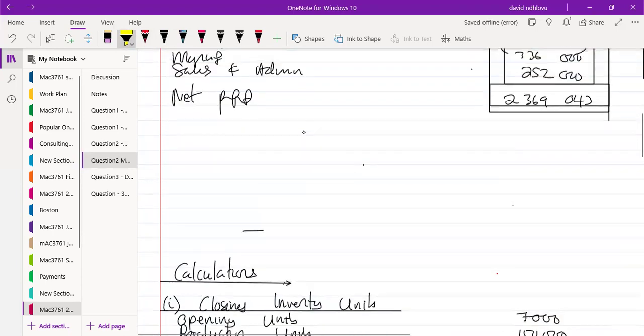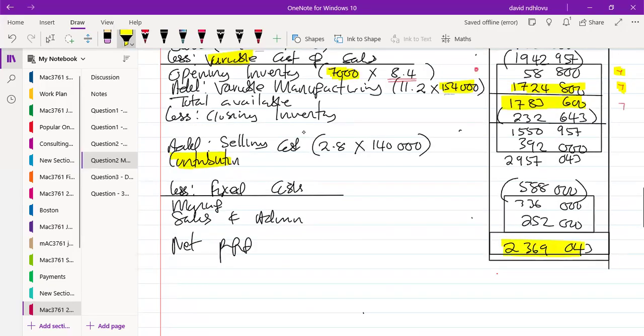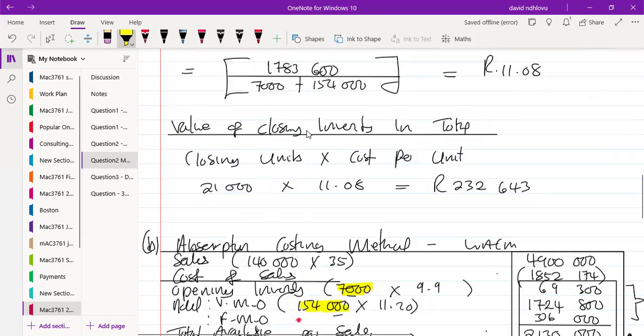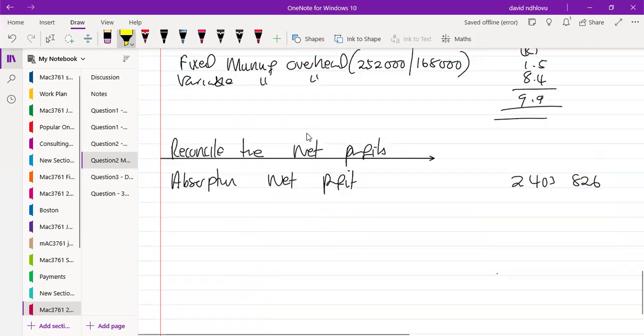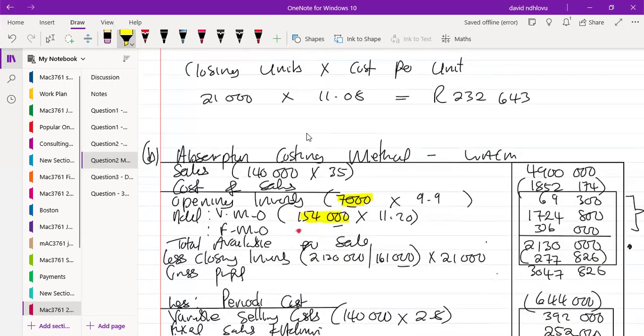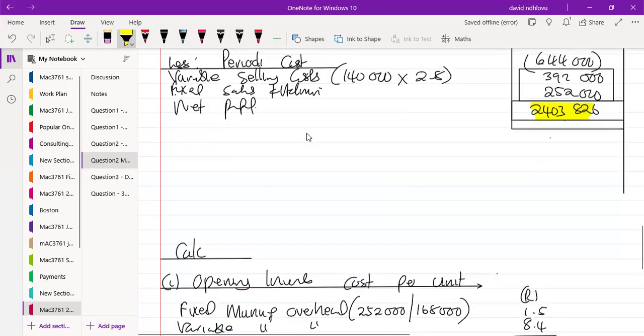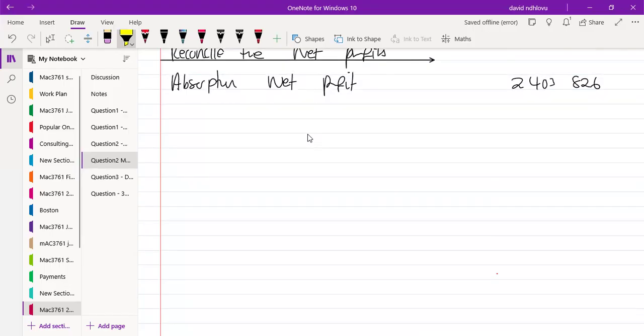And we are saying the difference between them is how we have treated the fixed manufacturing overhead. Now, the fixed manufacturing overhead has affected both our calculation of opening and closing inventory. So therefore, if we want to reconcile, we must reconcile the differences in opening and closing inventory. So here we say, right, differences in opening inventory. So what we have done, which is to treat differently the fixed manufacturing overhead cost, would have affected the opening inventories